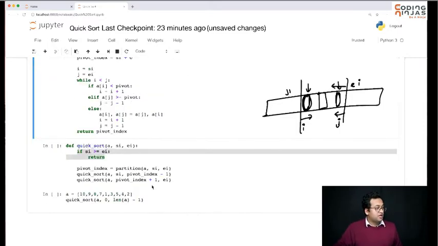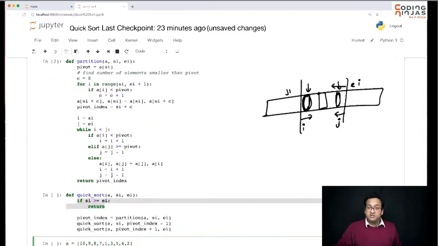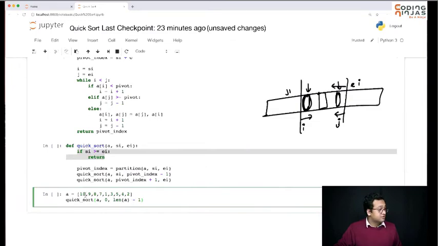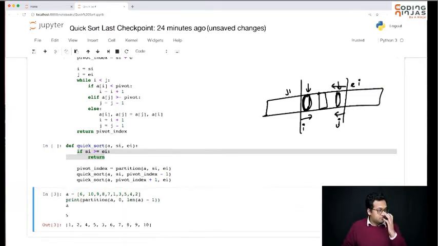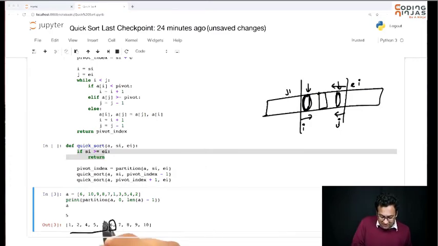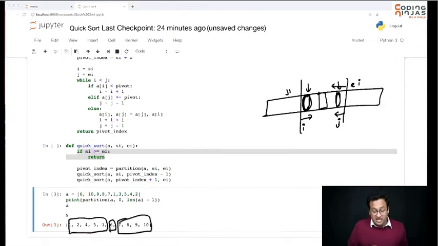Okay, so now before running quicksort, let's quickly run partition on an array and see if things are working correctly or not. So let me just put a 6 here and let's call partition on this. I'm going to print whatever partition returns and I'm going to see what A contains. Okay, so seems like 6 has gone to the right place. Everything on the left of 6 is smaller than 6, everything on the right of 6 is larger than 6. The left side is still not sorted, the right side is sorted by coincidence. It was not compulsory, we didn't do anything to sort it, by chance it is sorted. Seems like the partition, at least in this example, is working fine.